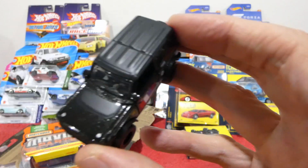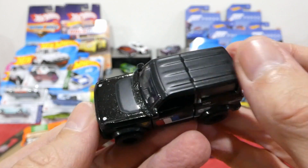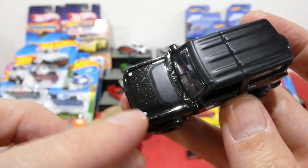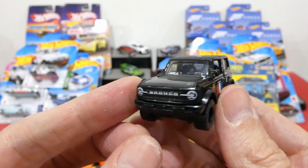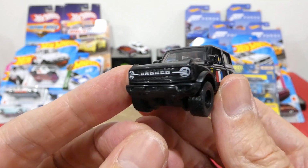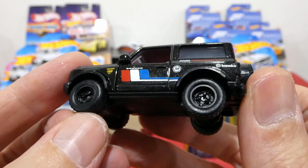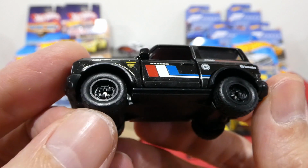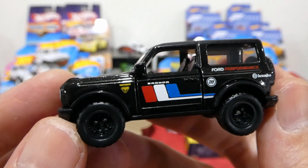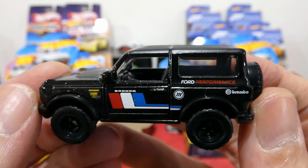It's kind of a metallic black with a matte black roof panel and a little bit of matte black just there. It looks like it's got hood pins. Around the front there we have the Bronco and the headlight details, very nice and clean. Rubber wheels, and not too bad looking wheels in general. They do actually look like proper off-road wheels. Bronco, red, white and blue stripe, little badge just there as well. Ford Performance,